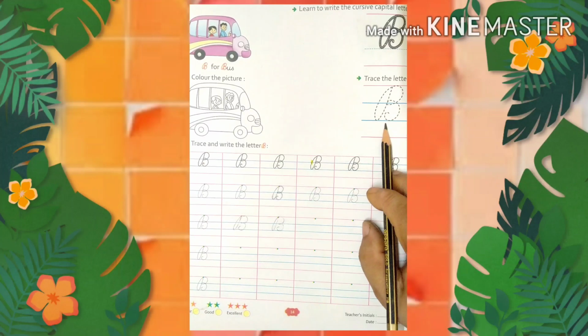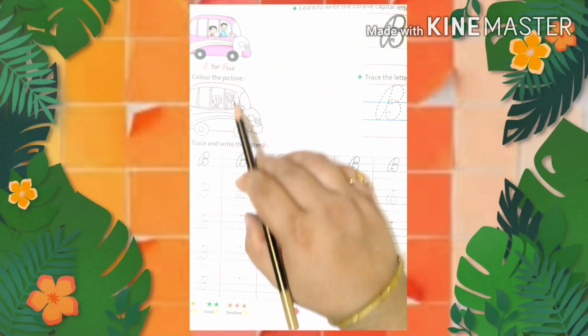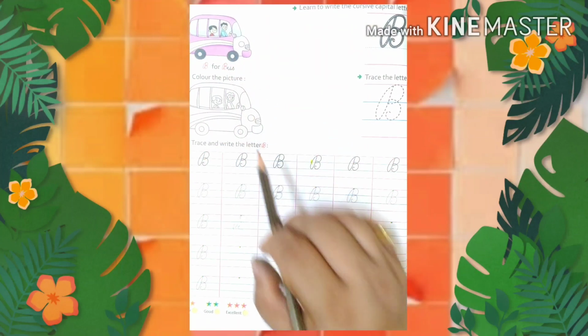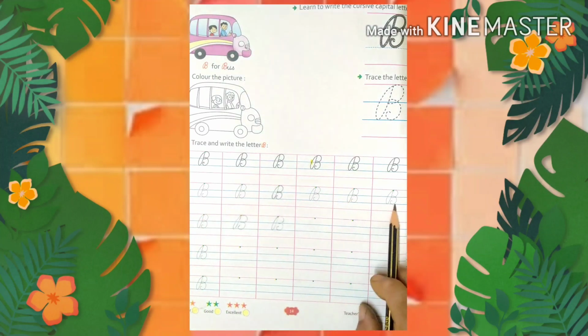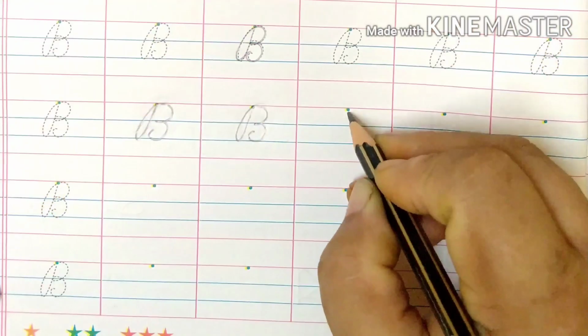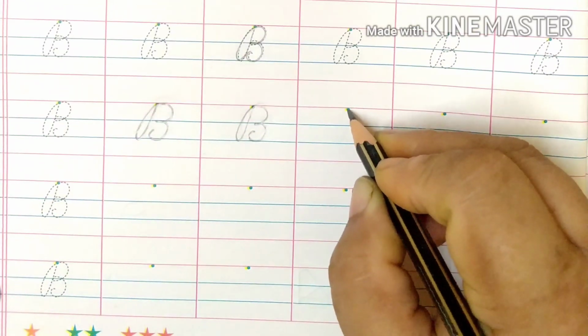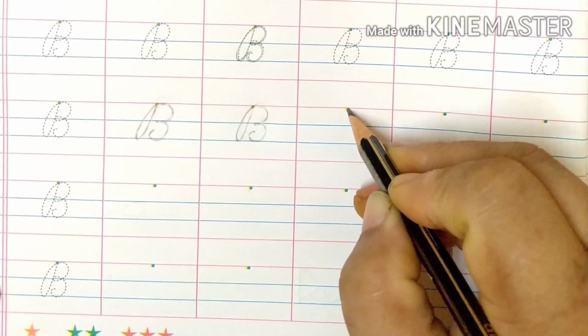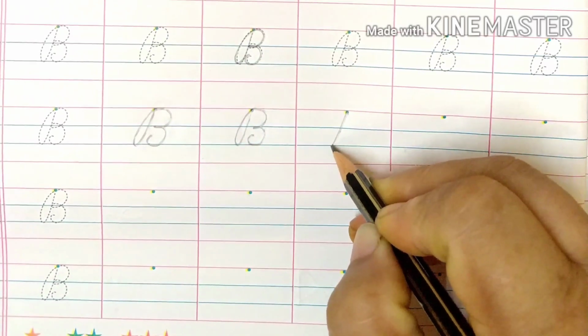Now again trace this B. Color this picture B for bus nicely. Trace all the dots nicely. Then how to write B? Put your pencil in this dot. Make a slant line.